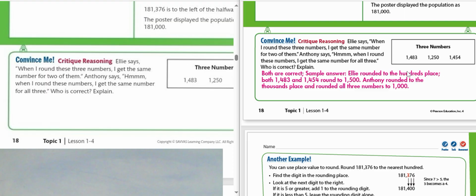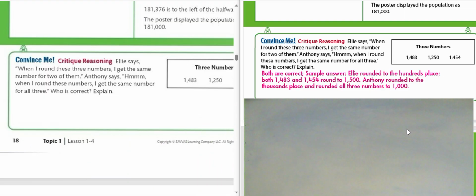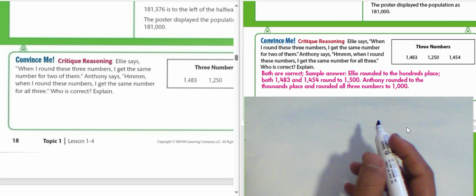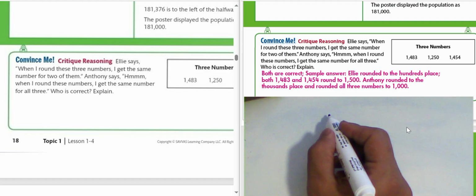Why? Because it rounds the number to hundreds. Both 1483 and 1454 rounded will give 1500. And Anthony rounding to the thousand place, the result will be 1000. So if you approximate this number to the nearest 100, it will be equal, like 1000, we have here